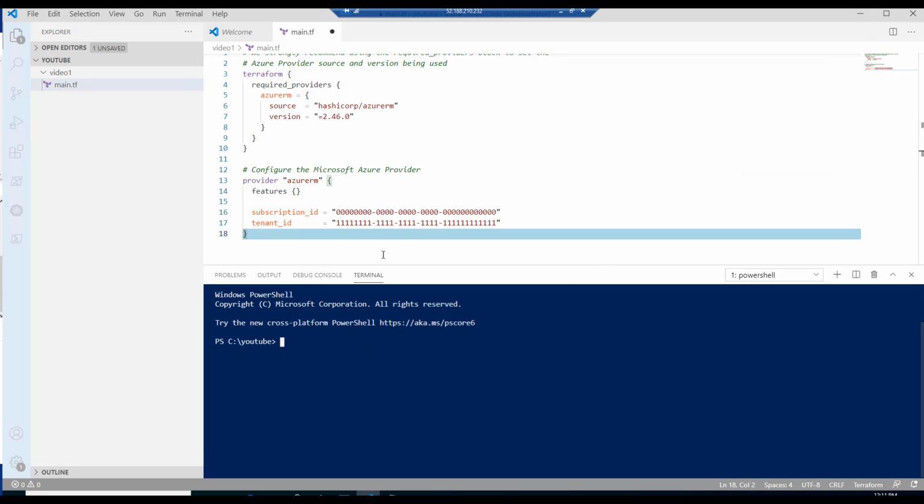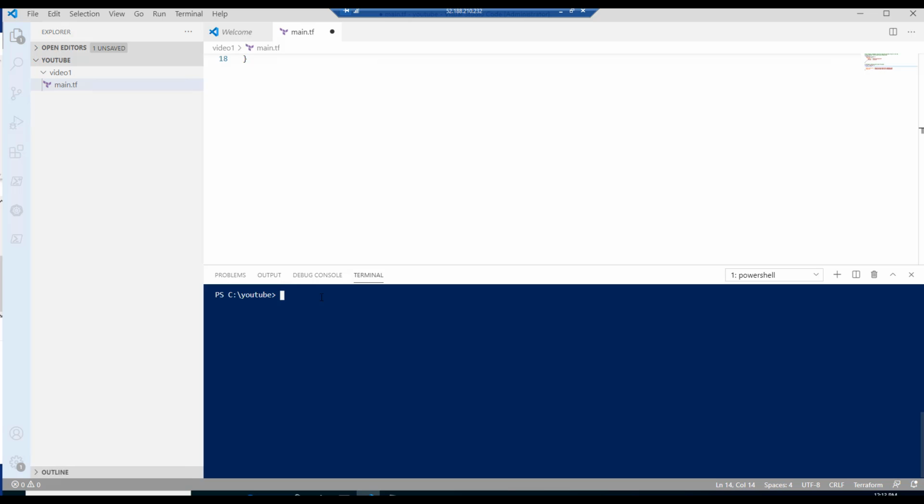Alright, the next thing we want to do here is fill in our subscription ID and tenant ID. You can get this information by running the az login. You want to do this anyway to authenticate yourself to Azure. If you're already logged in, you could do the az account list command, and that will provide you with your tenant ID as well as your subscription ID. Once you complete those steps, go ahead and go to line 18